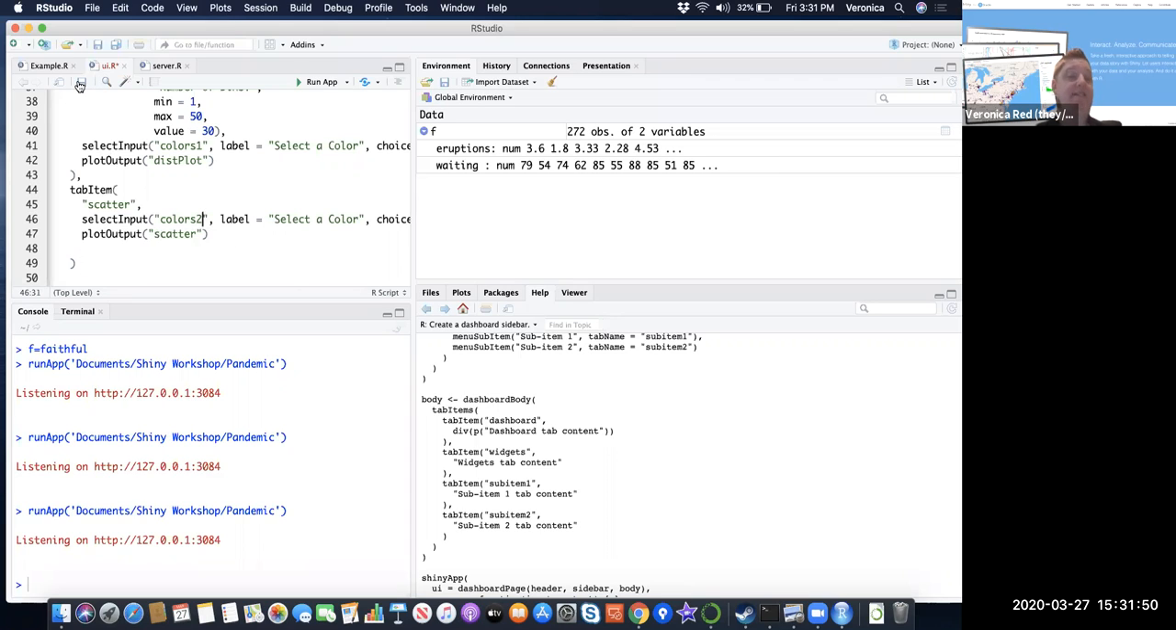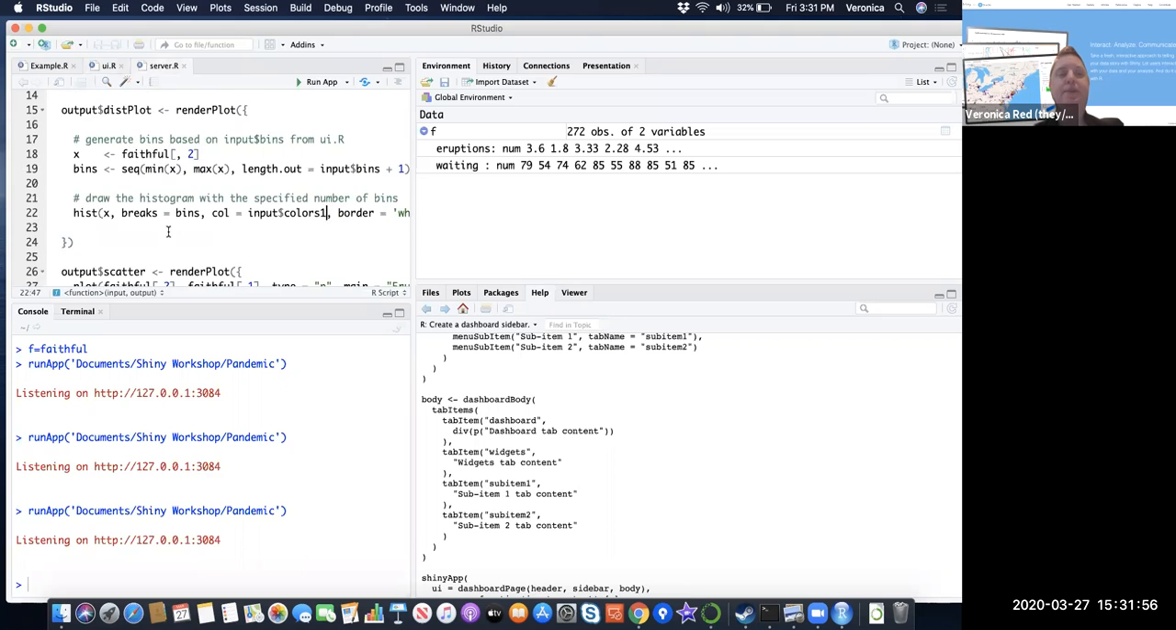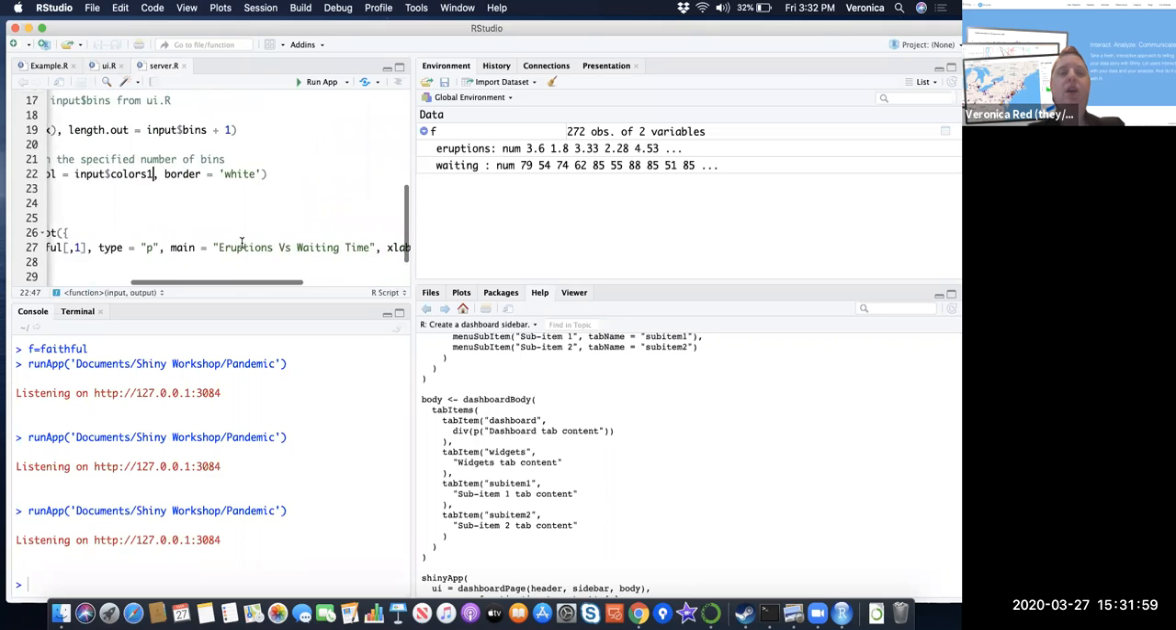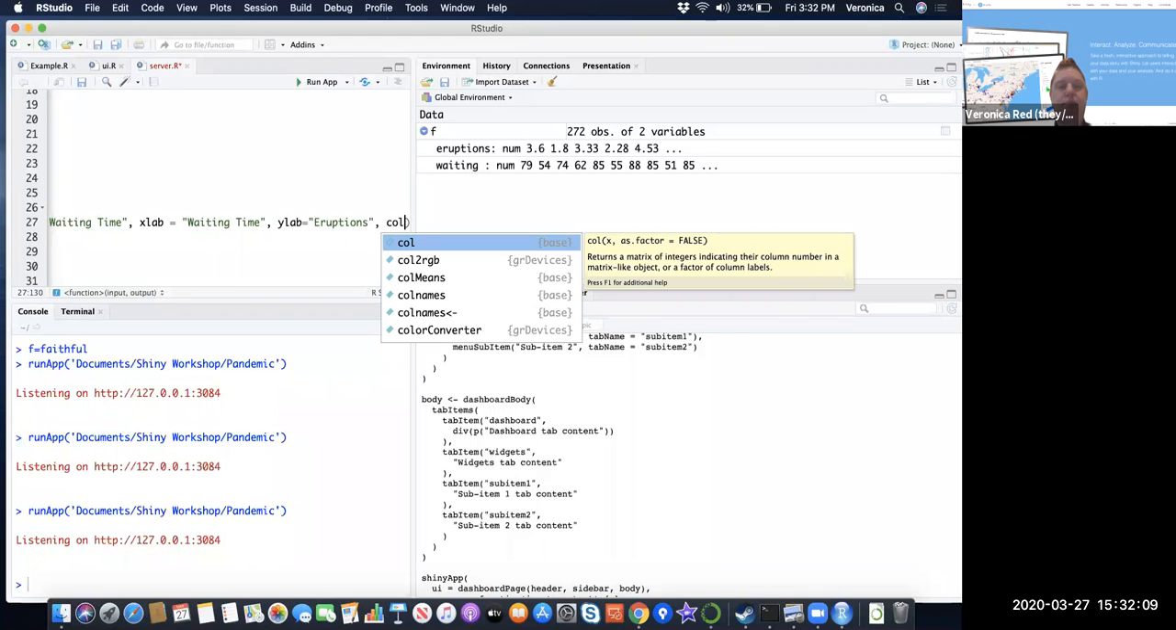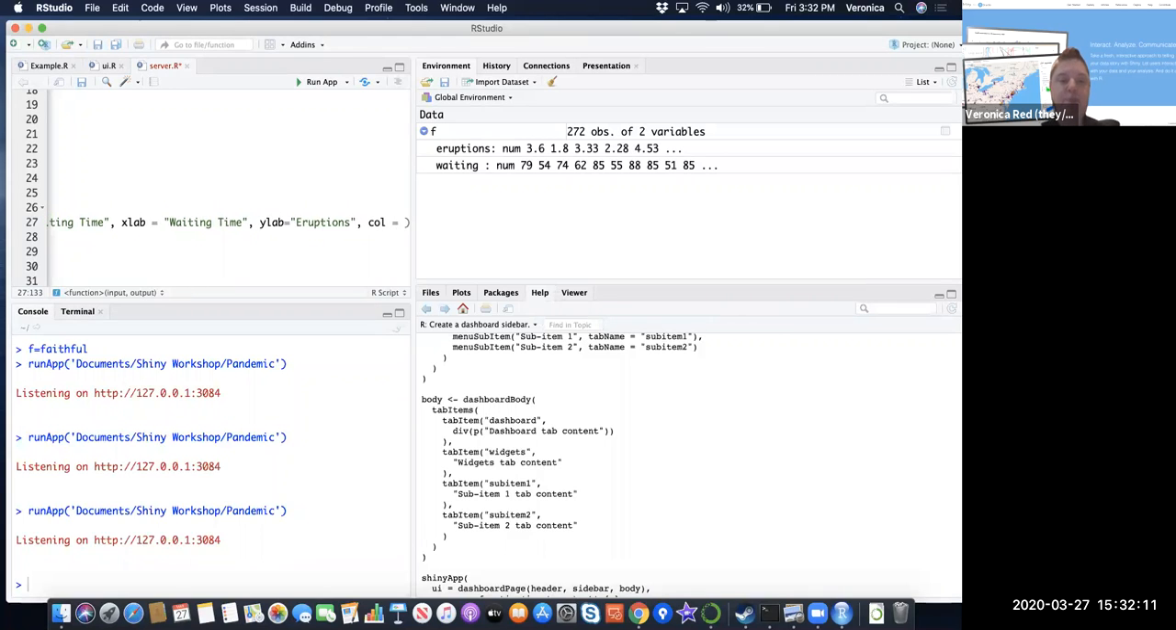So I'm gonna save this. And I'm gonna go to my server. And what I need to do is put in a color parameter for my scatter plot, right? And now when I type in input$,